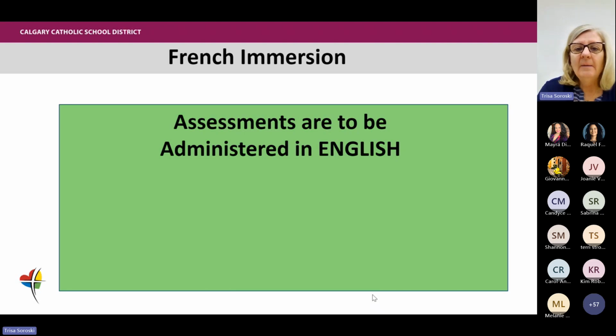For French immersion, we mentioned this the other day when we had a group of kindergarten teachers together, but it's really important to note that these assessments are to be administered in English.